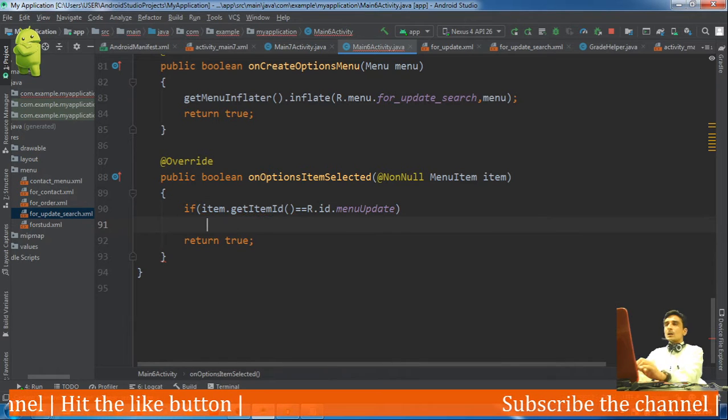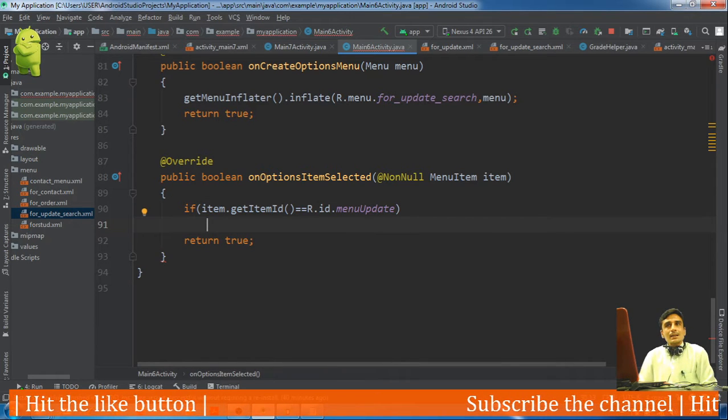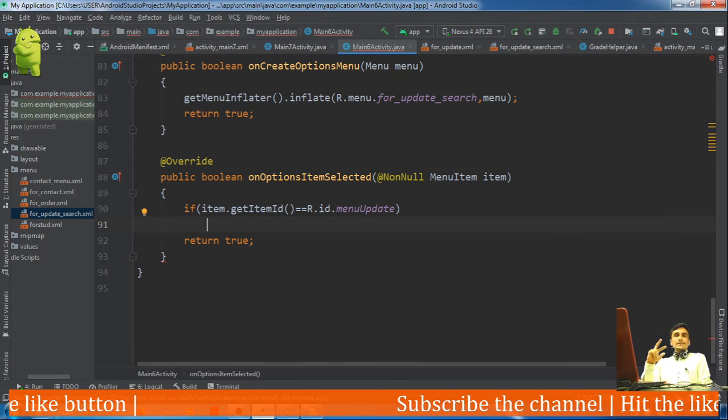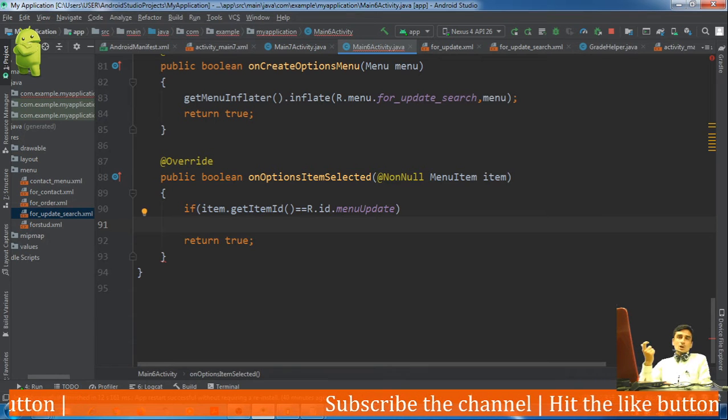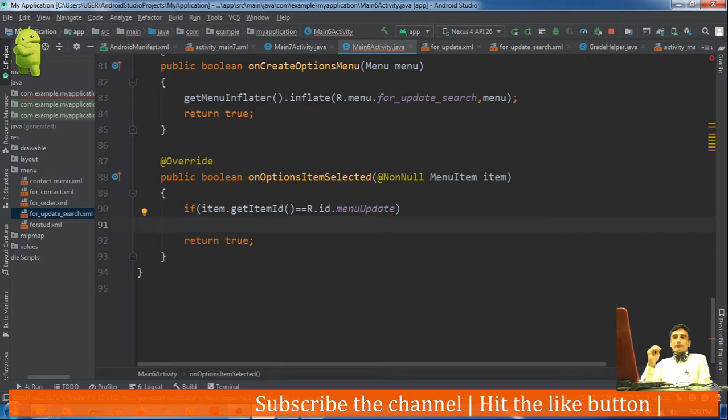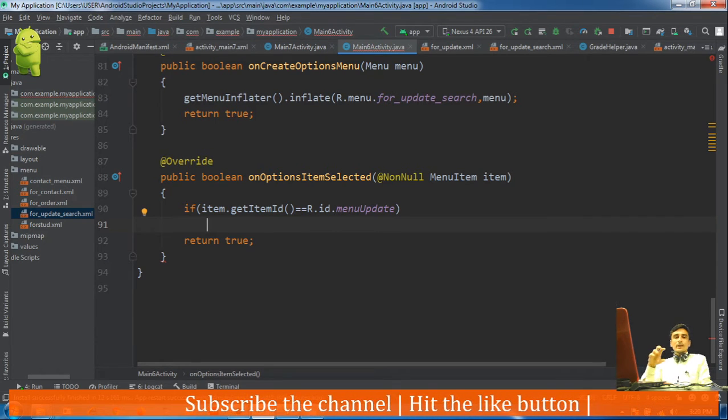Okay, see whether the client has selected update or search. In both cases we will ask the client to enter the enrollment number. So it is not necessary here to check which item is selected for displaying the dialog box, because in both cases we will display the dialog box.